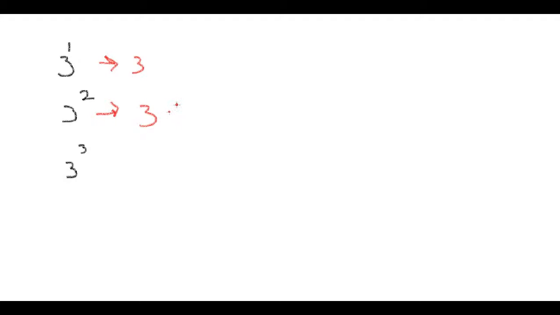Well, the answer for the first one is 3. The answer to the second one is 3 times 3, which gives us 9. And for the last one, it's 3 times 3 times 3, which gives us